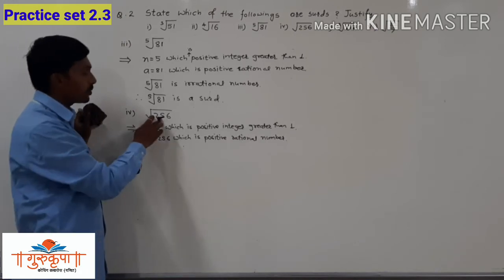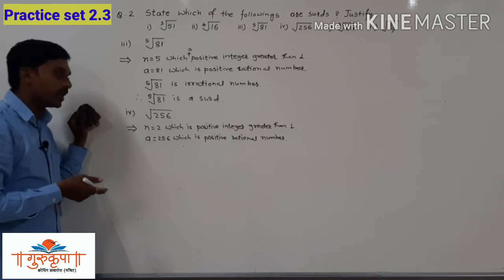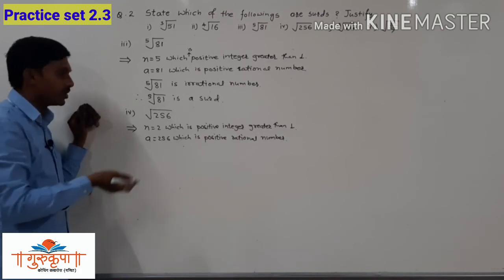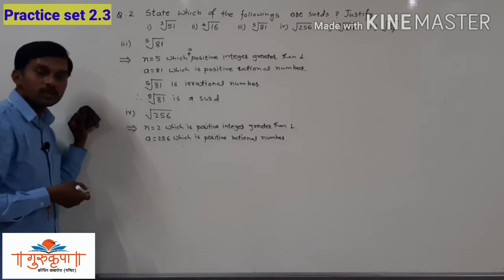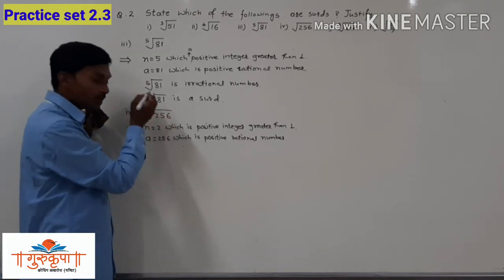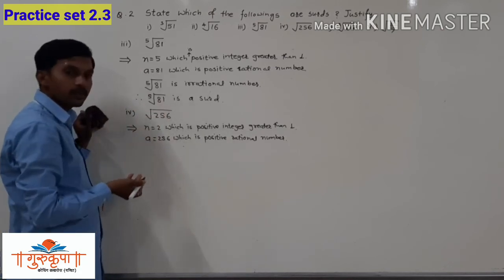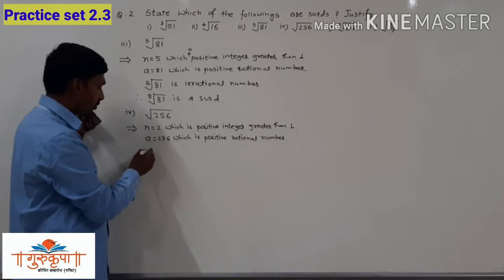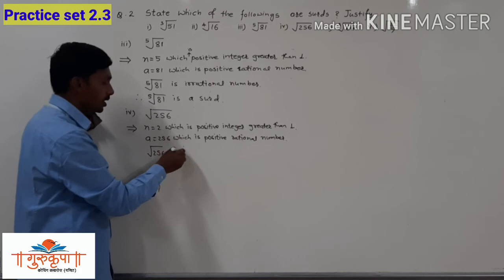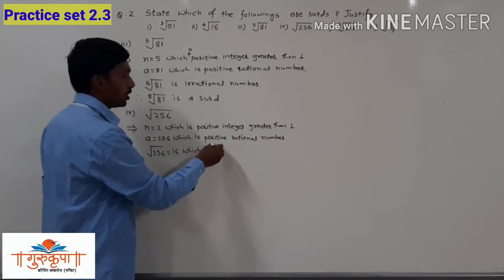So here 15 square is 225 and 16 square is 256. You can take the product on the page and check whether the product of 16 into 16 is 256 or not. 16 6s are 96, 6 as it is, 9 carried, 16 1s are 16 plus 9 is 25. So we have 256. So here we can write square root of 256 is equal to 16, which is a rational number.